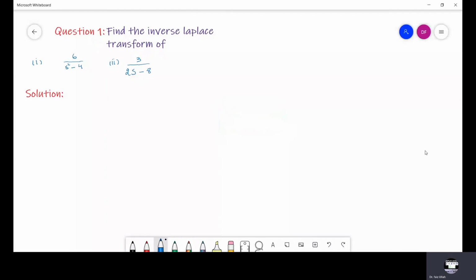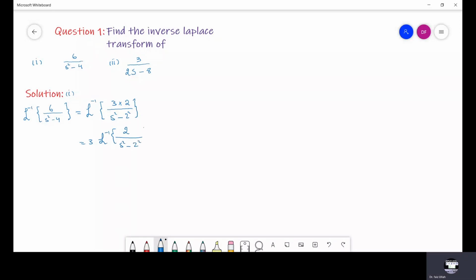Question number 1. Find the inverse Laplace transform of part number 1 and part number 2. To solve part number 1, we can write the inverse Laplace transform of 6 over s squared minus 4, which is equal to the inverse Laplace transform of 3 into 2 divided by s squared minus 2 squared. Now taking 3 outside from the inverse Laplace transform, we can write 2 over s squared